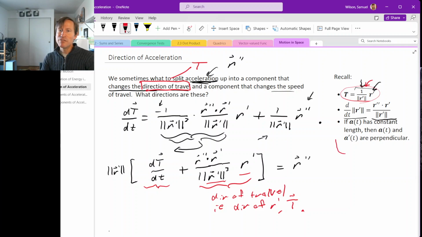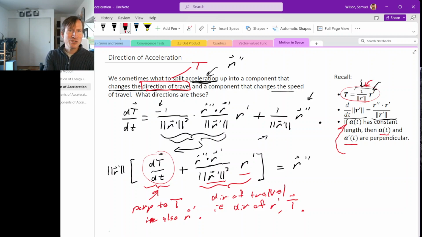And one thing we know about vector valued functions that have constant length is that the vector valued function and its rate of change are always perpendicular. So this direction is perpendicular to capital T. And since it's perpendicular to capital T, it's also perpendicular to r prime. Okay, so whatever direction this points, it's actually a direction that's perpendicular to the direction of